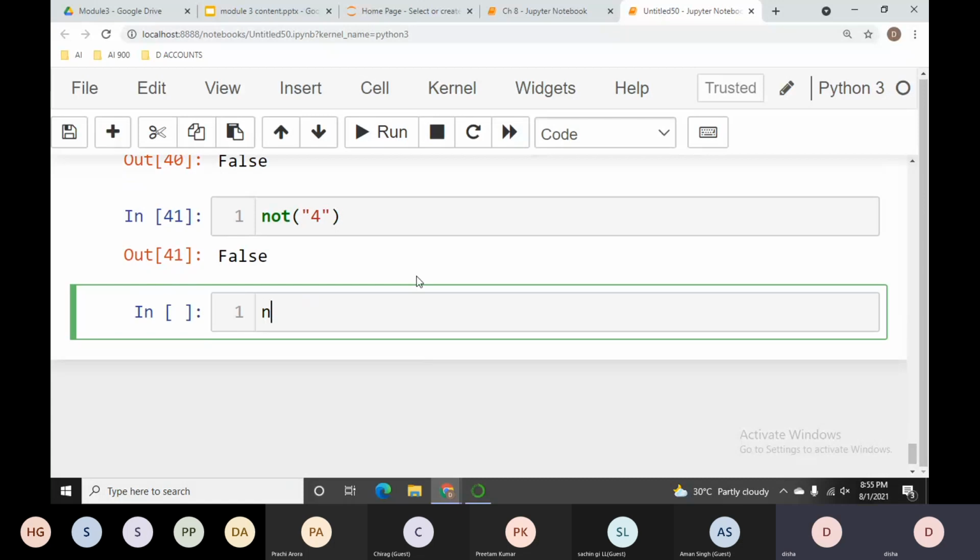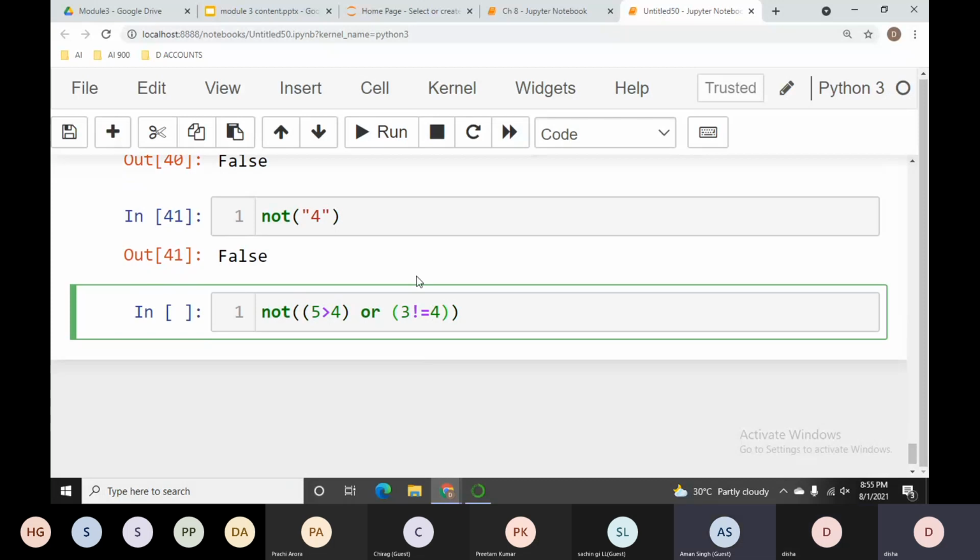So let me make one expression here. I will say 5 is greater than 4 or 3 is not equal to 4. Okay, yes guys, give me the result.